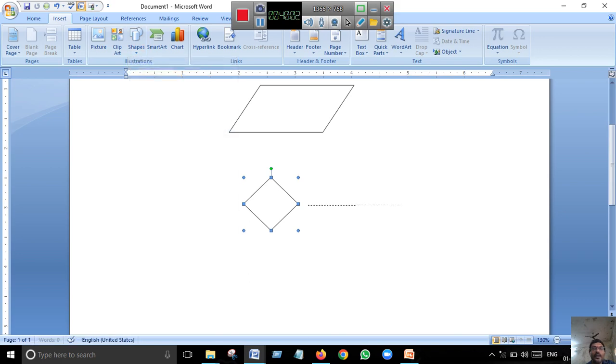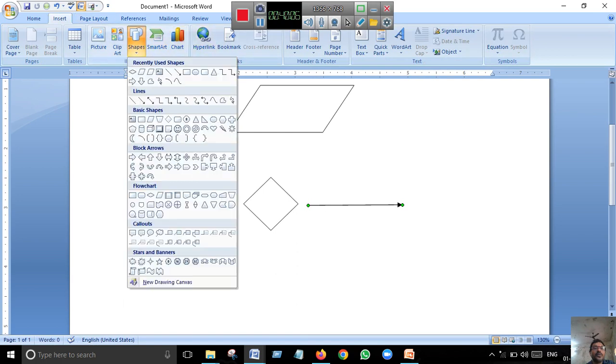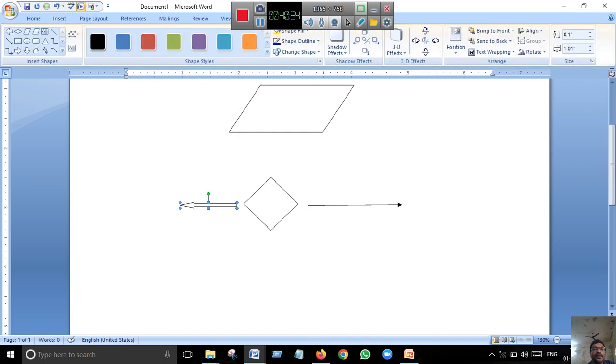And these are the flow lines. This is also one kind of flow line.